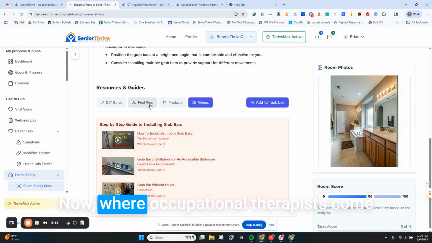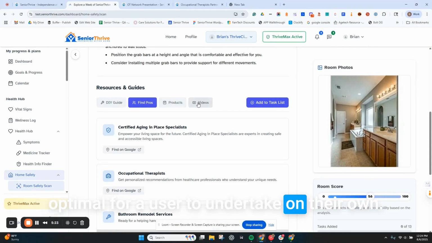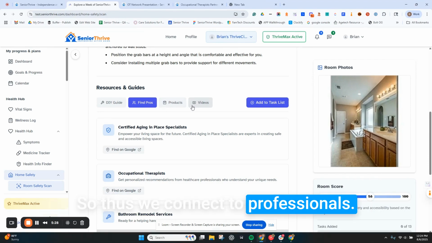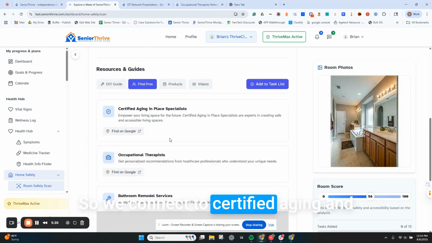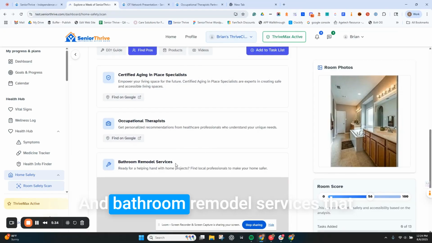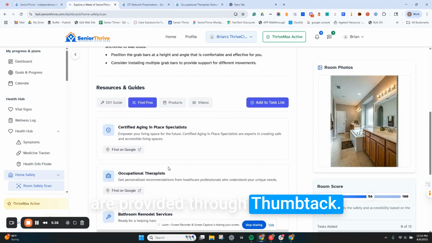Now, where occupational therapists come in, we know that these options might not be optimal for a user to undertake on their own. So we connect to professionals: certified aging in place specialists, occupational therapists, and bathroom remodel services that are provided through Thumbtack. Now,